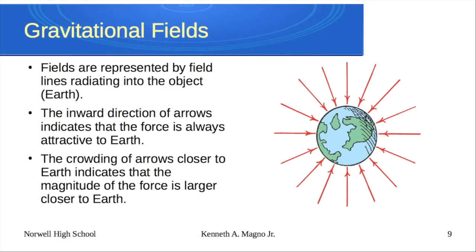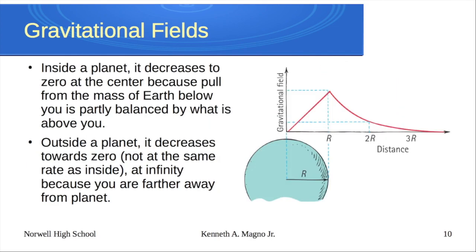And then the closer that they seem to get together here, so if you notice they're closer here than they are out here, it's because you have a stronger force when those field lines are closer together. Now, another interesting thing is if we plot the gravitational fields for a planet,